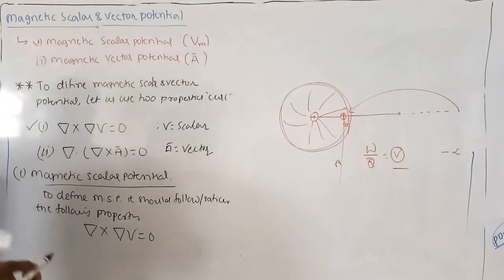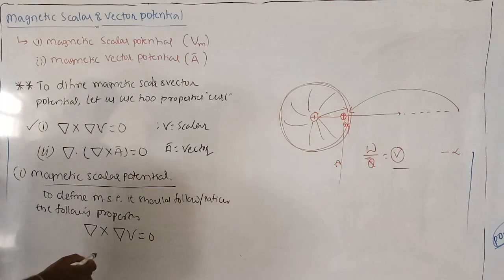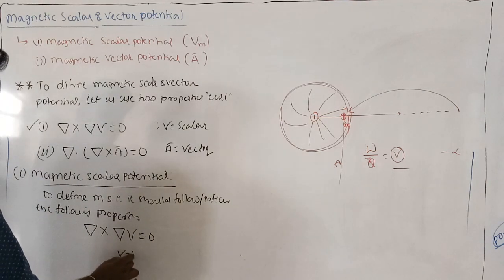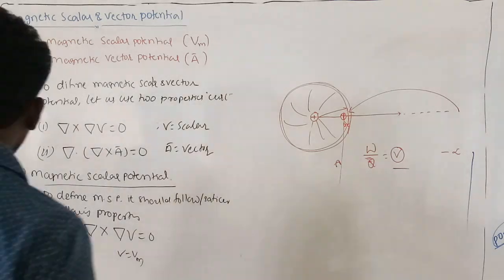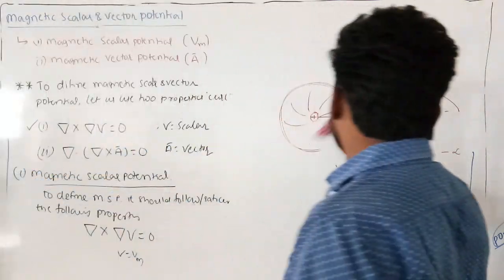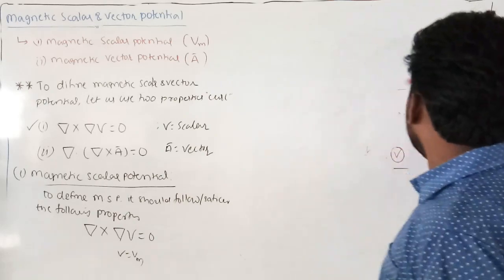As it should follow this property, you substitute V equals Vm in this property, so that you will get...